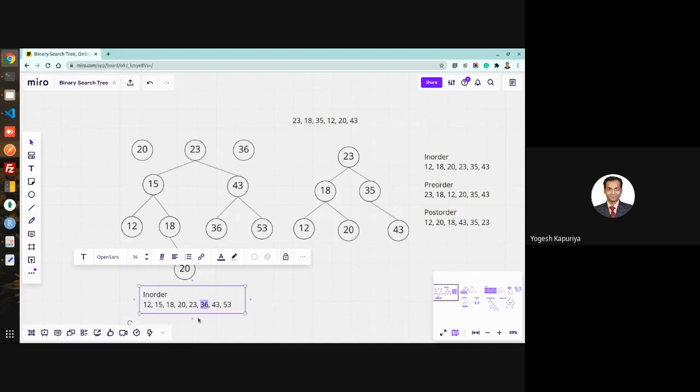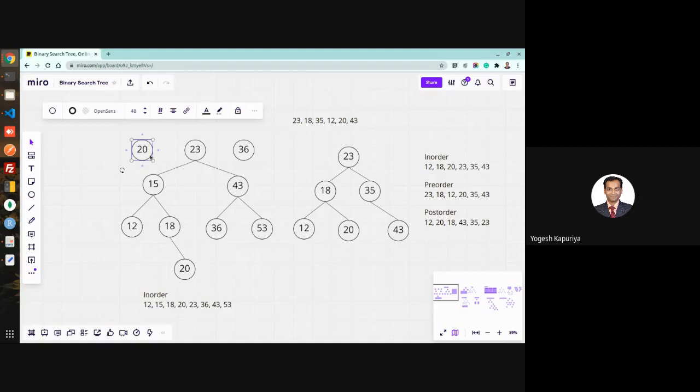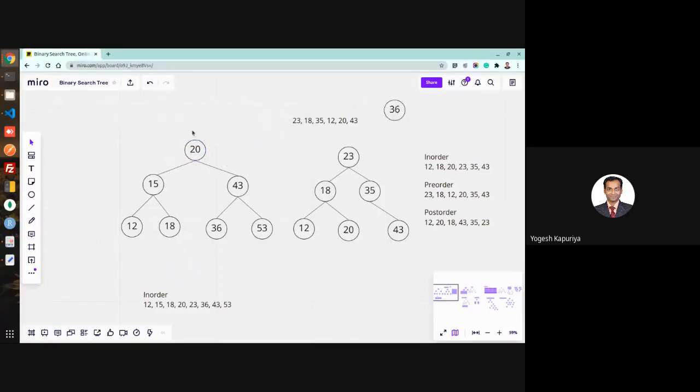36 will be on the right part, 20 will be on the left part. So if you are replacing with something from the left, it has to be the maximum value from the left, or the minimum value from the right. So it can look something like this. This is 20, and this original 20 will be removed. So this will be my tree after deleting 23.